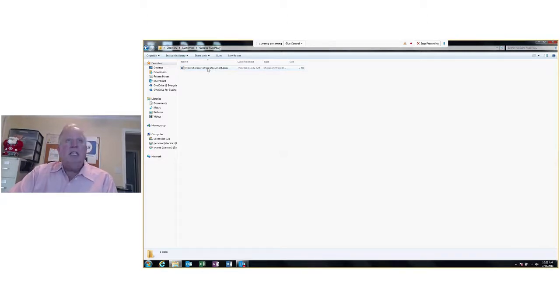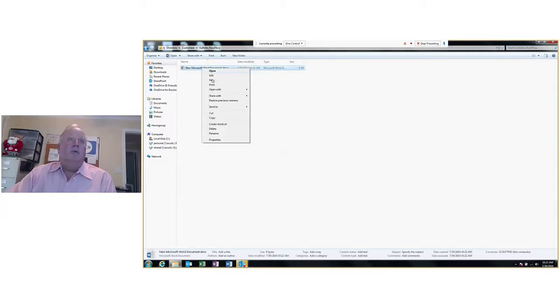If I change that Word document, a lot of times people change the Word document, so then they change the name. And then you wind up having 3 and 4 and 5 different versions of the product. A good method to deal with that, I'm going to copy this and paste it,